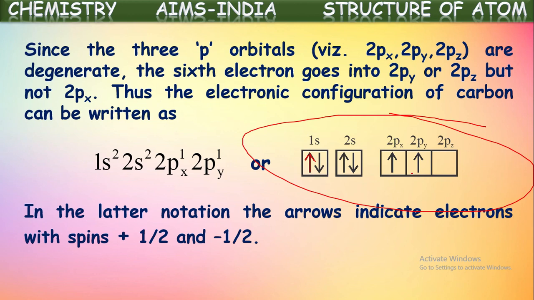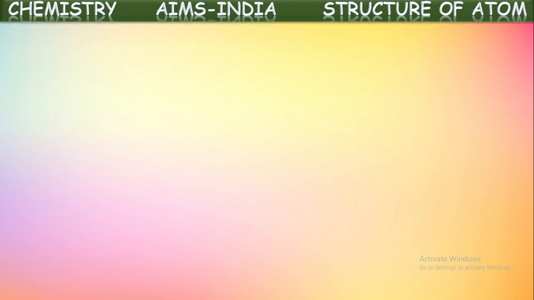Okay, that is about Hund's rule. So Hund's rule guides us on how to fill the electrons into different orbitals present in a subshell. First, how electrons occupy the different subshells was shown by the Aufbau principle. Second, how orbitals in a subshell are occupied by the electrons is shown by Hund's rule.